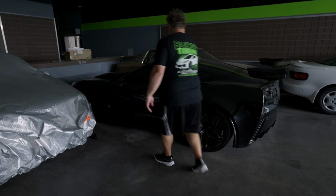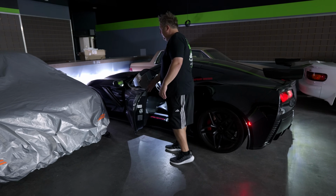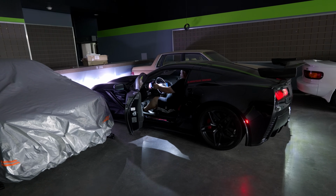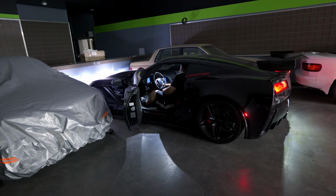All right, let's see. Will the door open? Oh, we got lights? Door opens, lights are on. Nice. Let's see if she'll start. Oof. Oh, it feels good. All right. Before you do that, I'm going to say it's going to start. I could be wrong, but...